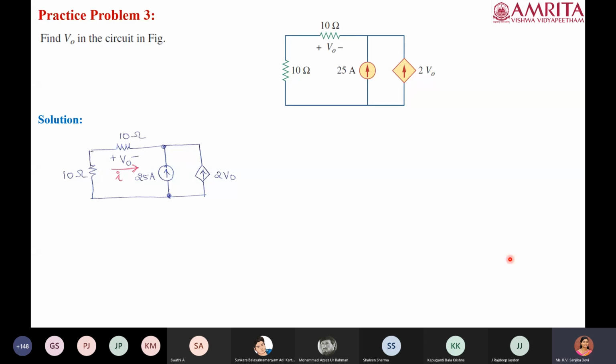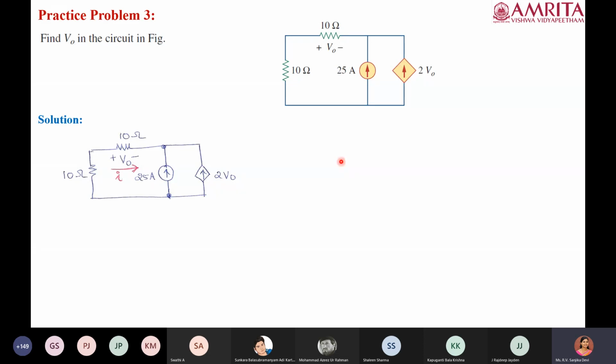Here we already have two current sources. One is an independent current source and the other is also a current source, but it is dependent on a voltage. The net effect is that it will give a current. Even though we notice it in terms of volts, this current source gives a current, not a voltage. You should not get confused. Only the magnitude of the voltage gets multiplied by 2, and that much current will come out of this dependent source.